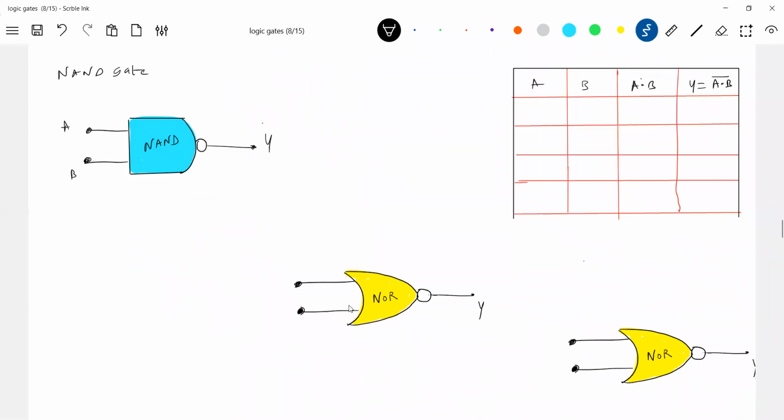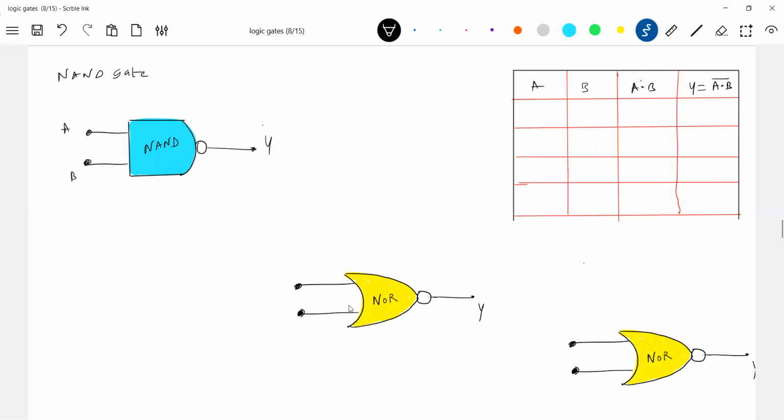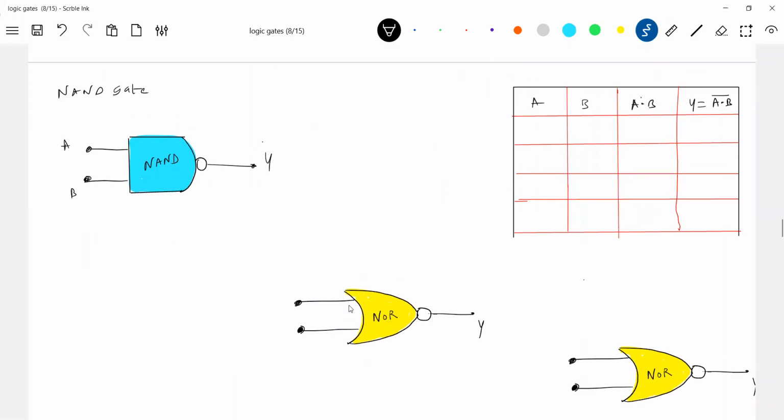Okay, a few, it's only theoretical. A NAND gate, what do you mean? Negation of AND. What is the meaning of NAND? Negation of the AND gate. So it is like this: 0, 0, 0, 1. It's an AND gate, no? So when both the inputs are high, then only the output is high. In the remaining cases, the output will be low. The negation of this, what do you get? 1, 1, 1, 0.